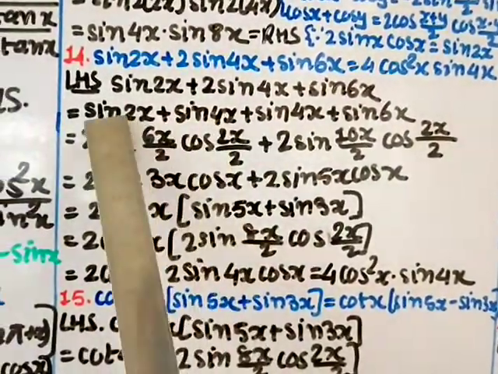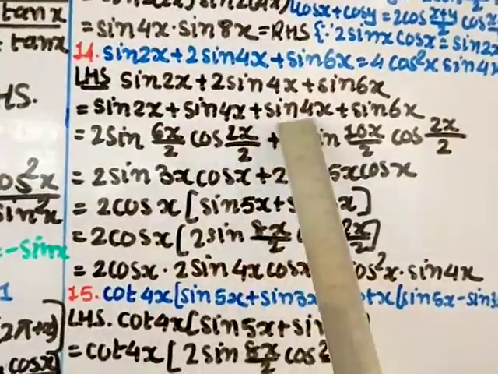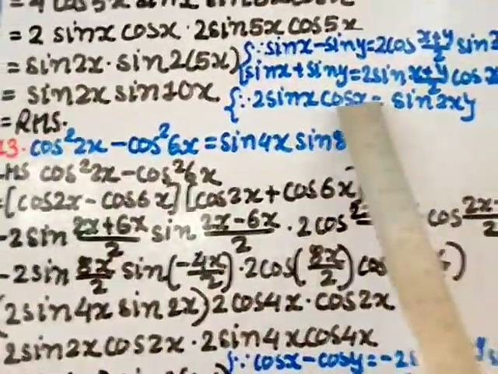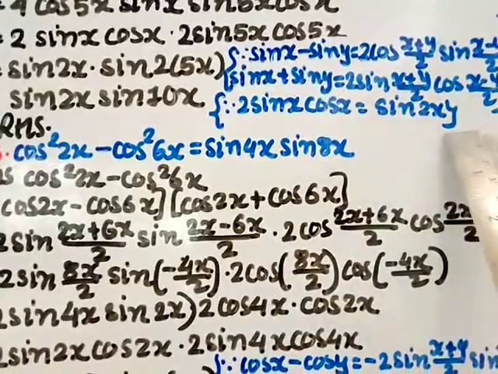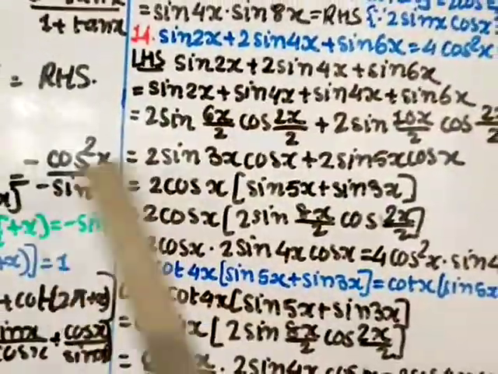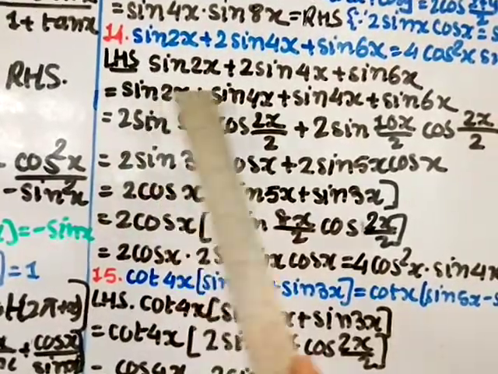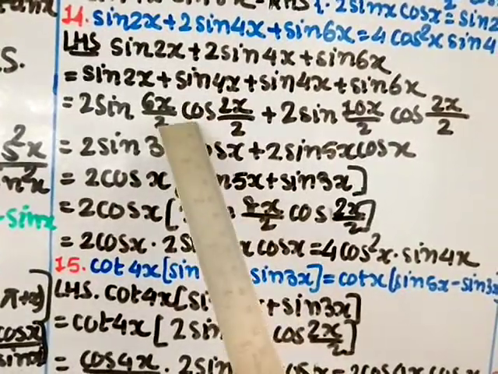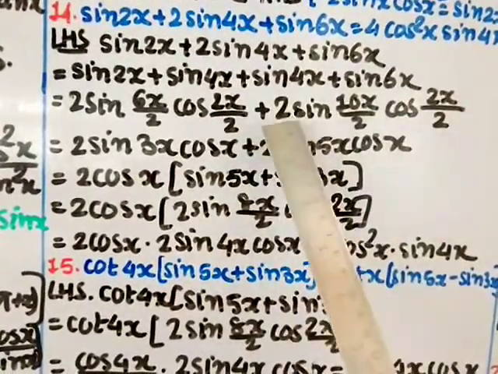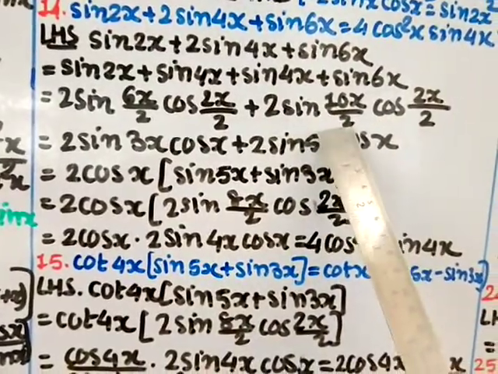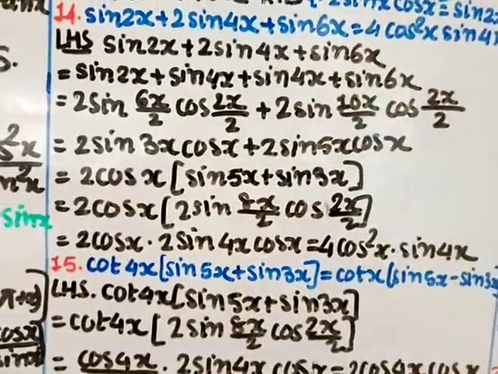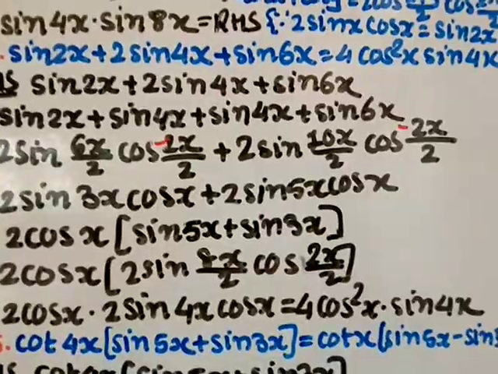And I will use sin x plus sin y for the first two and sin x plus sin y for the second two. For this, the identity I have written before, so I am not rewriting: 2 sin (x plus y)/2 cos (x minus y)/2. That is what you have to use here. So 2 sin (2 plus 4), that is 6x by 2, and cos (2 minus 4), that is 2x by 2. It will be negative, but cos, so it will become positive. Plus here also the same, 2 sin (4 plus 6), that is 10x by 2, cos (4 minus 6), that is minus 2x by 2, but it is cos, so it becomes positive. Better you write, otherwise you will get confused. So I have just written for you.